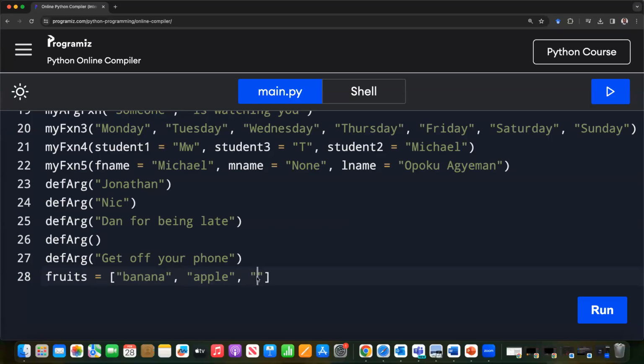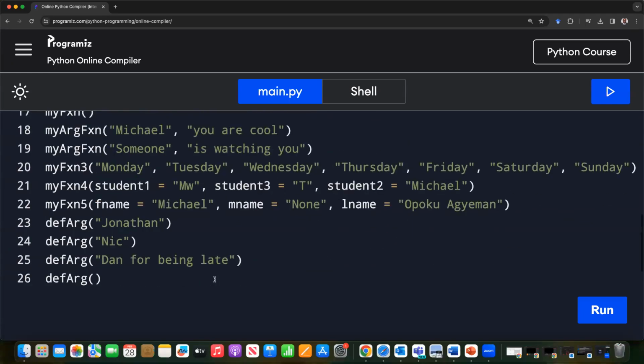So yeah, we're making a list of very easy to spell fruits. I'm kidding. Cherry, orange, right? Okay, so we've got this there. It can be a list, can be an array. We've got a list. And let's say we want to create a function that cycles through these items and prints them out, all right? So let's have